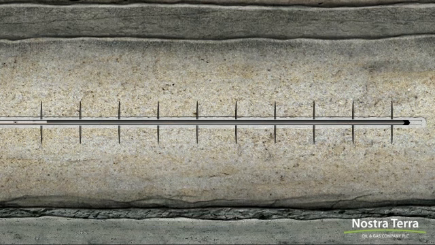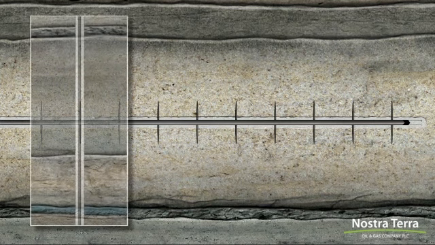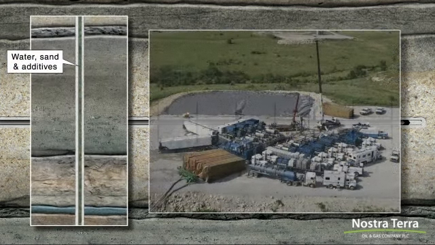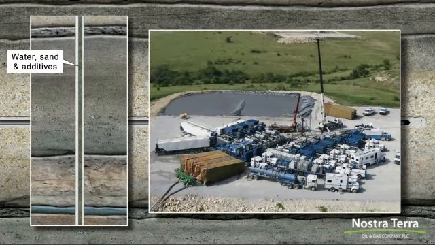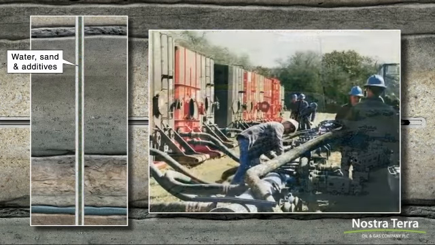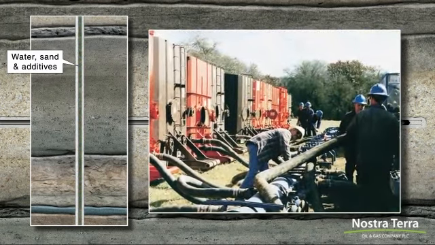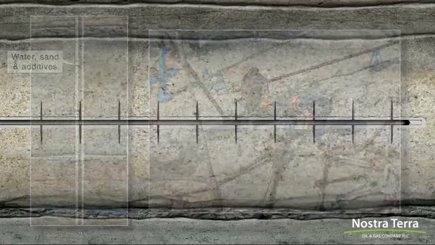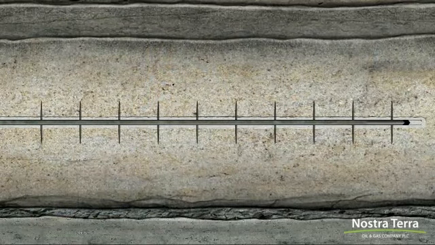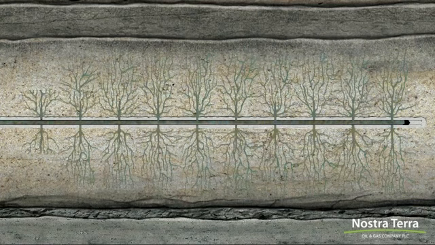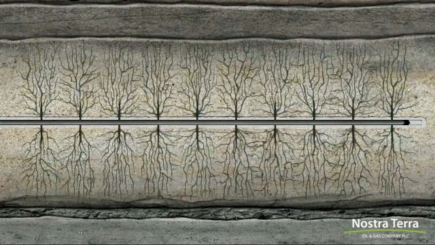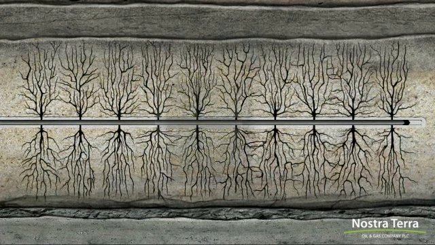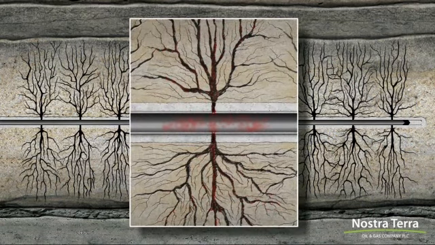Next, because the sandstone is tight, the well will have to be fracked. Known as hydraulic fracturing, this is a process where water, sand, and additives are pumped into the wellbore and down the casing under extremely high pressure. As the mixture is forced out through the perforations and into the surrounding rock, the pressure causes the sandstone to fracture. This creates a fairway connecting the reservoir to the well and allows the released gas to flow to the